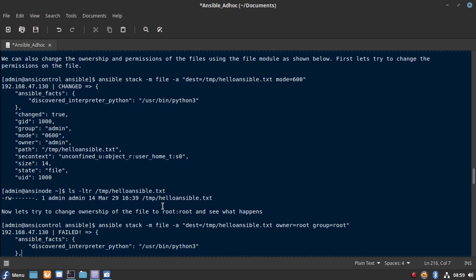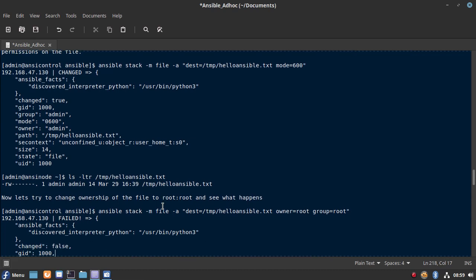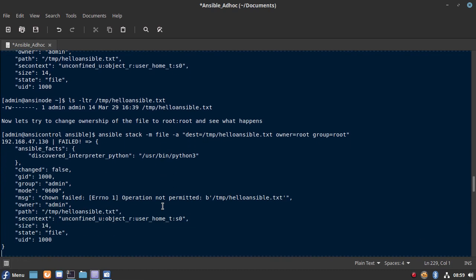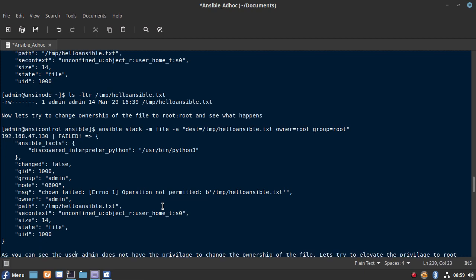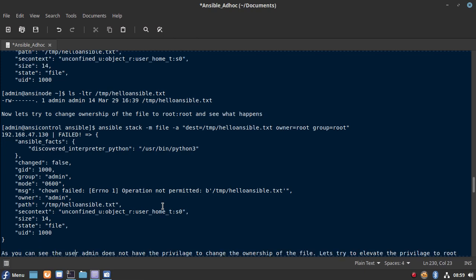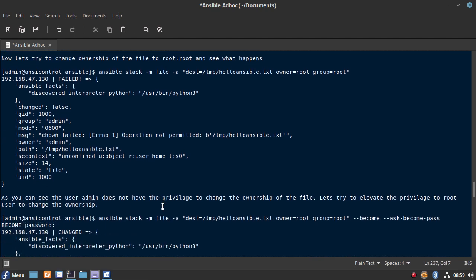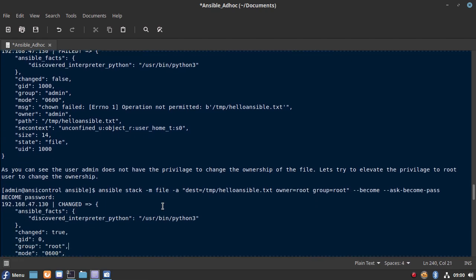And let me go further, like what are the other modules which we can use. Like as I said, we have the packaging module. We can manage the packages that we want to install on the remote node. So we can do that using the yum module. So let's see some examples.